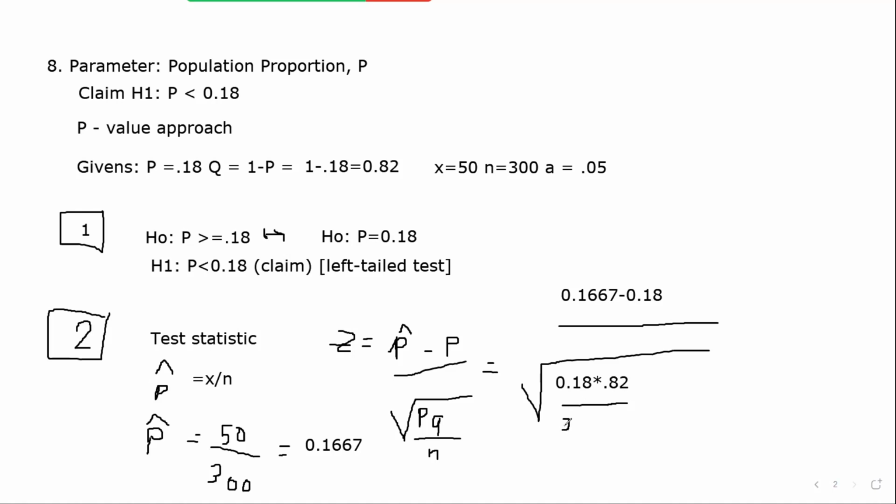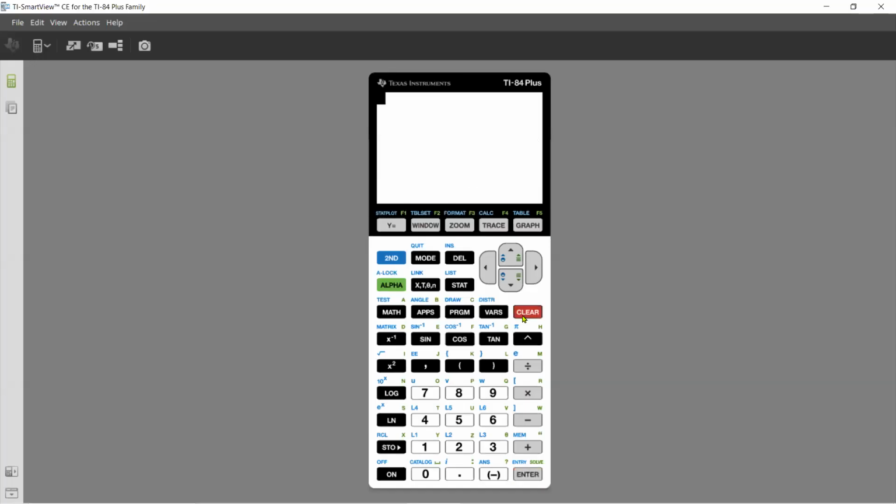Okay, now another tricky part for some people, putting it in the calculator. This can be tricky the first few times you do it, so worth checking into. Also worth checking in to make sure you've got the formula correct. At this point, let me bring up the calculator so I can show you. Clear the calculator, move this out of the way. Now, remember, open parenthesis at the top, 0.1667 minus 0.18,